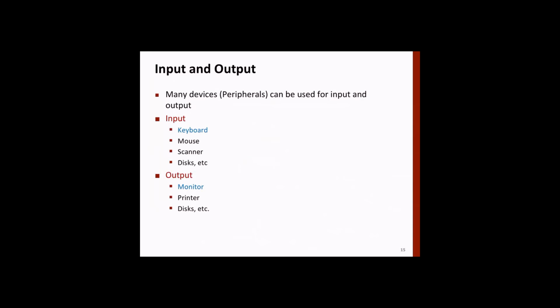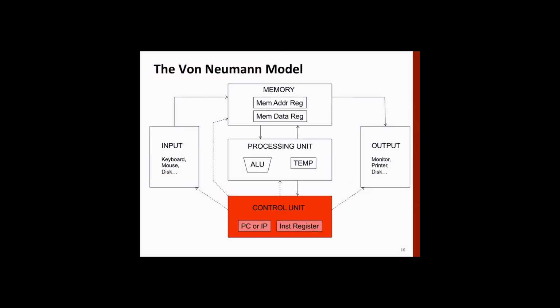And then a very important part is the control unit. We can see two important registers which all computers have. One is called the program counter, we call it PC, and the second is called the instruction register. The program counter keeps track of which instruction is being executed. It points to the next instruction in line to be executed. The instruction register contains the instruction to be executed.